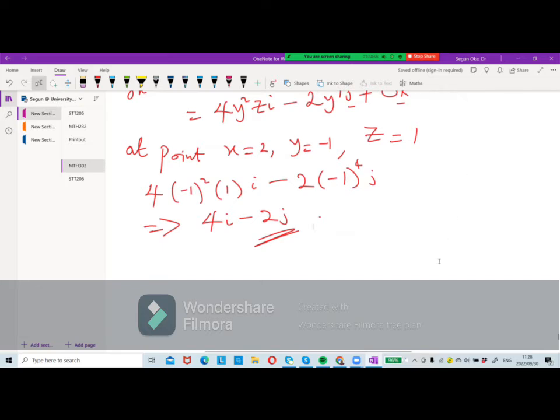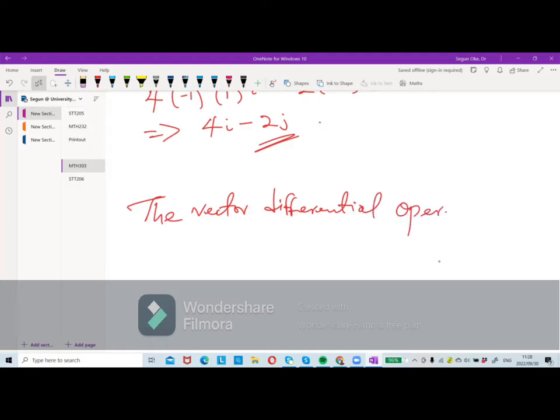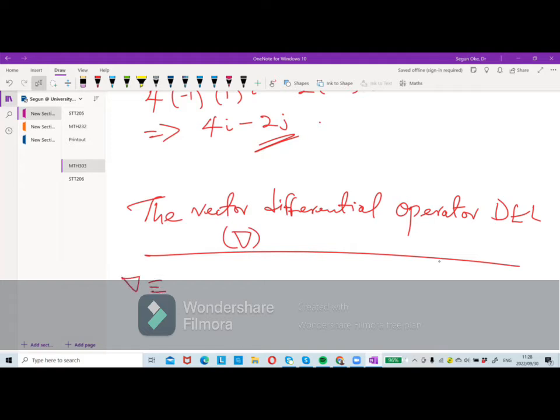Okay, let's move on to another interesting topic. The vector differential operator. This is the beginning of the course. Are you getting me now? We call it del, it is in this form. And the same del is equivalent to